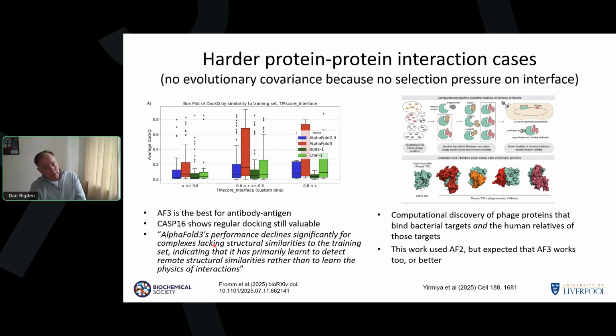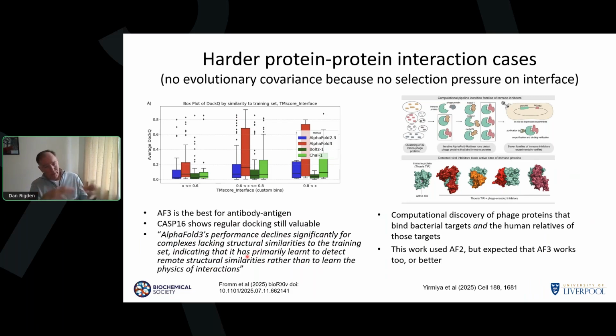But they showed this, this is a sentence from the preprint. This is a message that you're going to see repeatedly in the rest of the talk. The performance declines for complexes lacking structural similarities to the training set. So this is the idea